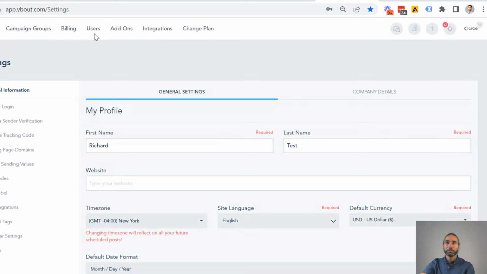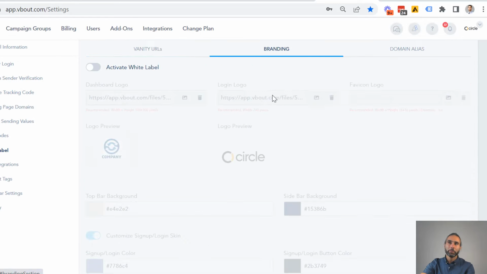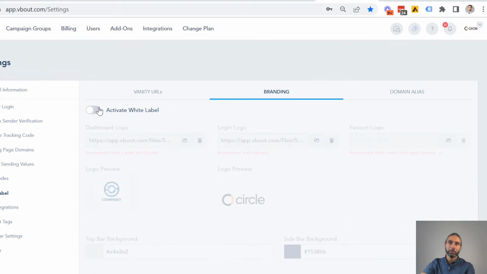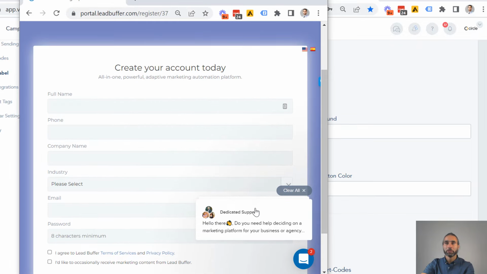All right, few more options here for you when it comes to white labeling. This is really important, guys, because a lot of companies think white labeling is as simple as changing logos, but what we let you do is change or disable the help section so it doesn't have references back to us, and also disabling the chatbot. I showed you right here when I was trying to log in, there was a chatbot that showed up.